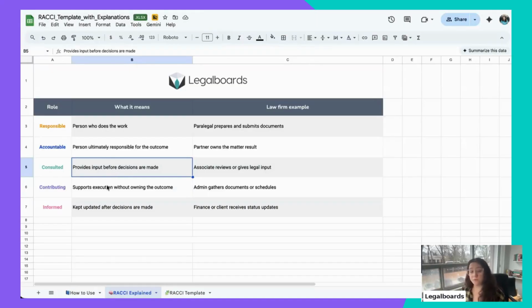And then we have the contributors. So let's say we have a task that should be made by the paralegal, but the paralegal could break down those tasks and delegate to the staff part of the work. And then we have the informant.